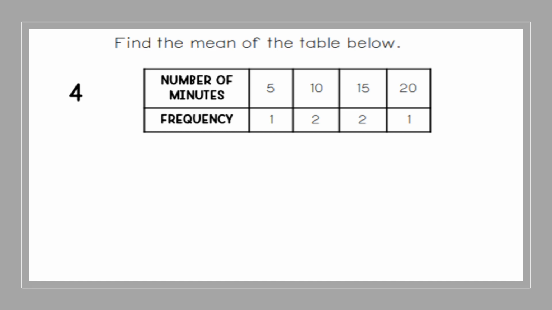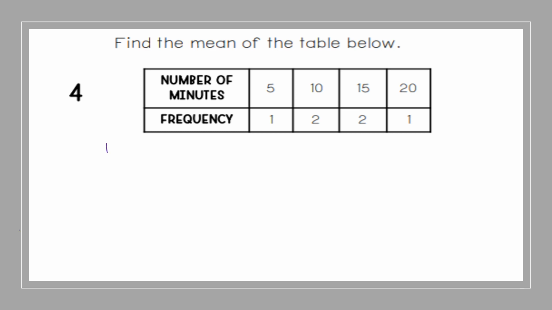Number 4, find the mean of the table below. You have a couple of ways you can do this. You could list all of your numbers out and then add them, because the frequency tells me how many times 5 repeats, how many times 10 repeats, 15, and so on. So you could list them out all independently and then add, or you could say, okay, I know that 5